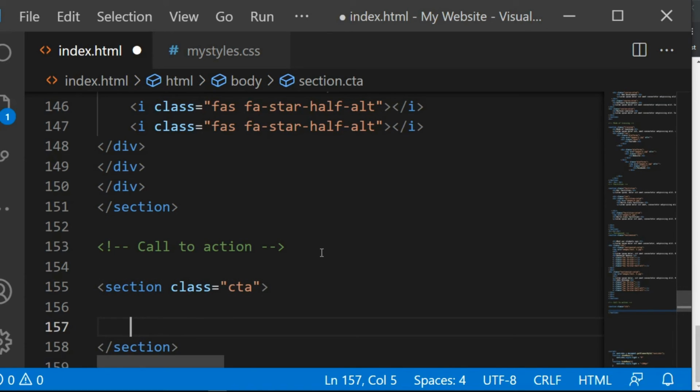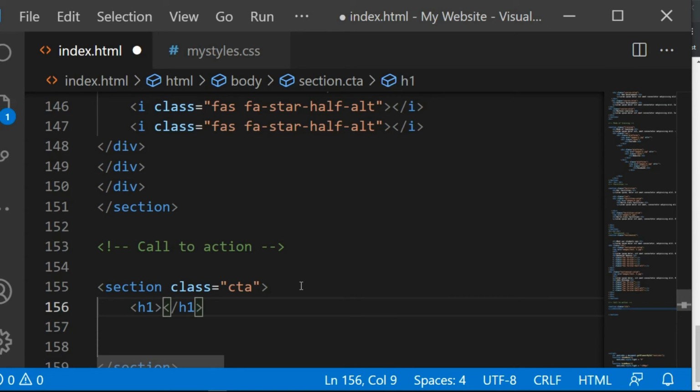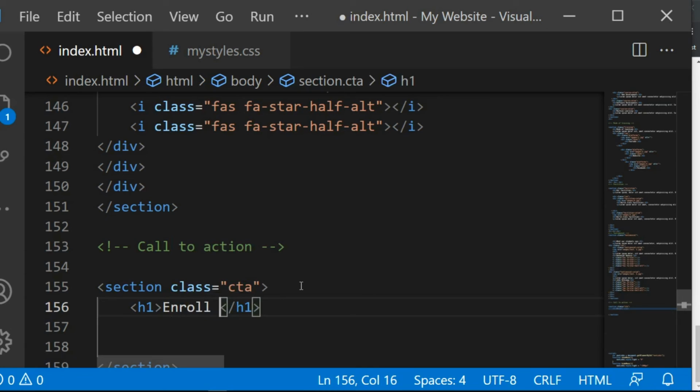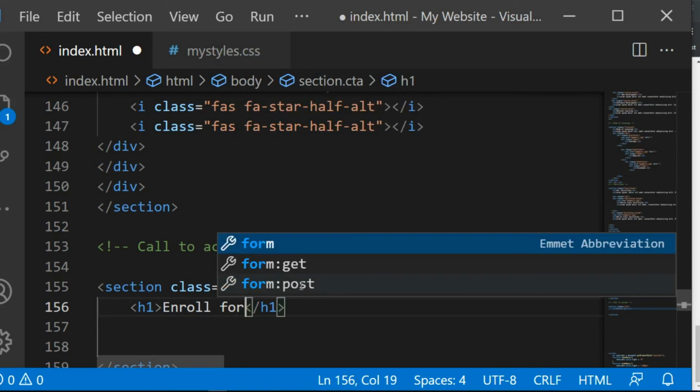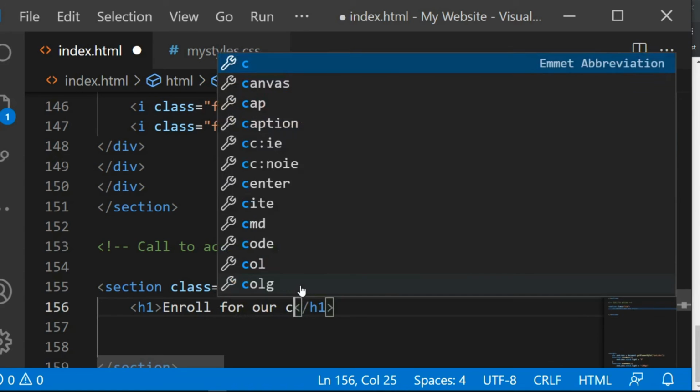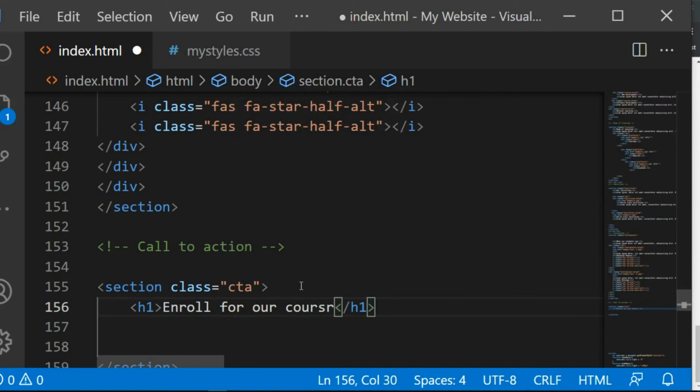So now in this CTA, now we want to create a H1, or just let me say enroll for our courses now. Enroll for, let me say, for our courses now,